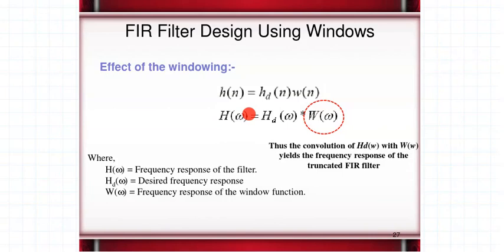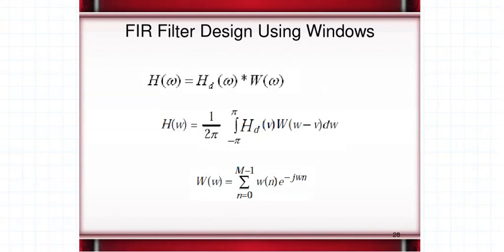So what we need to do now is analyze the frequency response of the window. We need to understand the frequency response characteristics of the window. So let us look at the equation and at the characteristics of the window. As just discussed, we are convolving the desired frequency response with the window. What is the window equation? We know. What is the convolution equation? The convolution equation is this. We have seen it many times. And the governing factor here is the window. This is the frequency response of your window, right?